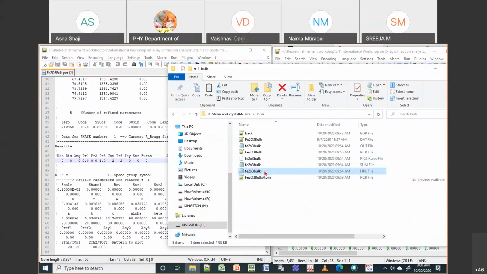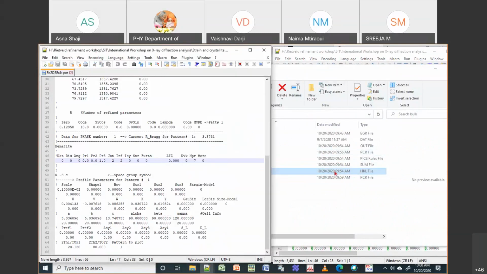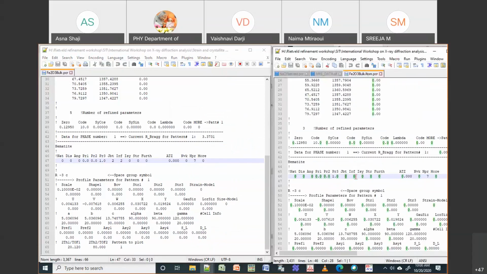Okay, so in profile matching, what happens? When you run the program the first time, it will generate the HKL file, and your program is just going to use this same HKL file for the reflections. Okay, your Miller indices reflections. But in case of your Rietveld refinement, you can ask the program to make new HKL files. Okay, so that is the difference.